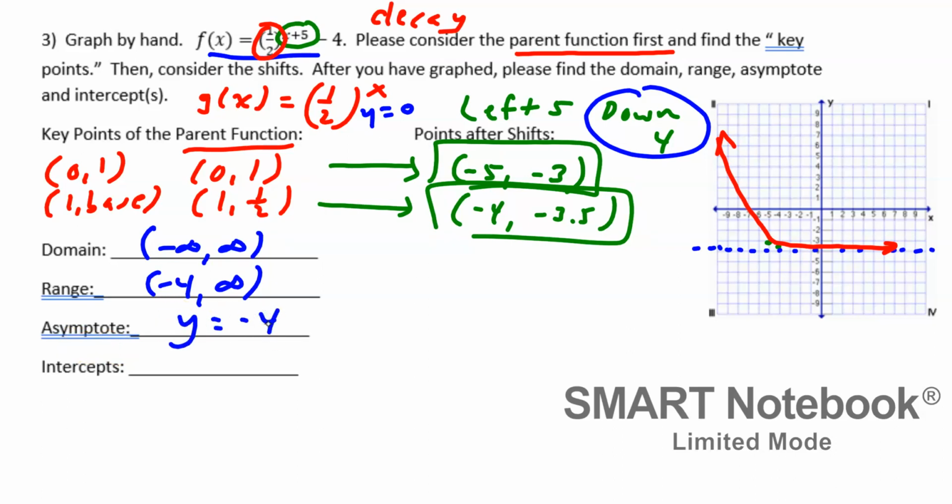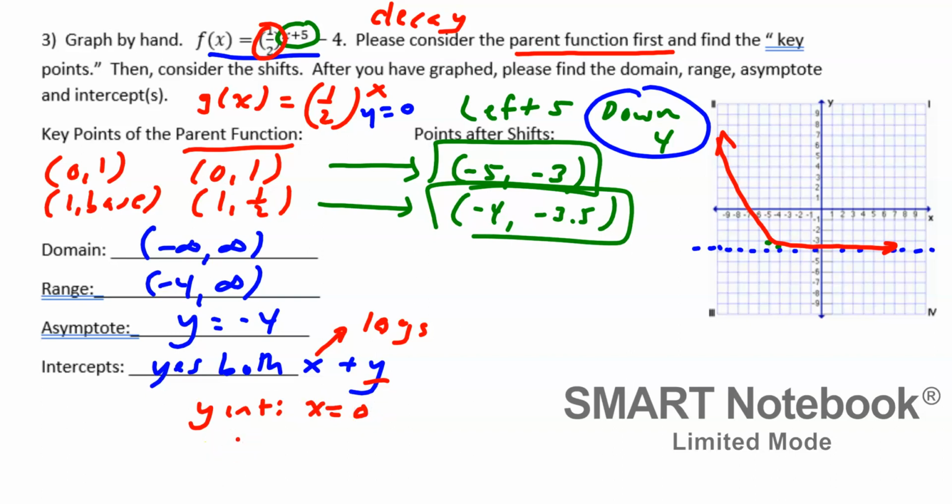And lastly, are there any intercepts? Well, yes, I'm going to say yes, there are both x and y. However, the only one we are going to find in this video so far is the y-intercept, because again, the x-intercept involves logs. We'll do that later. So I'm going to find the y-intercept by plugging x equals 0 into my original equation. So that would be 1/2 to the 0 plus 5 minus 4,